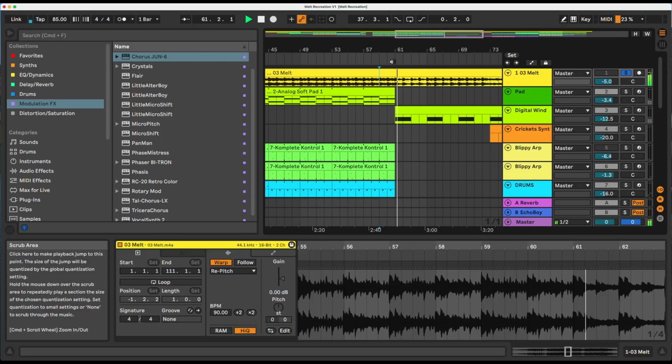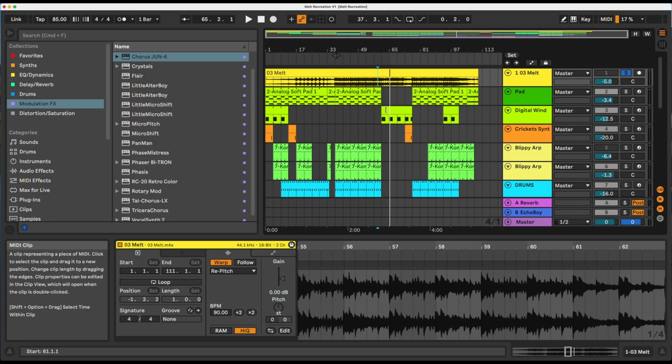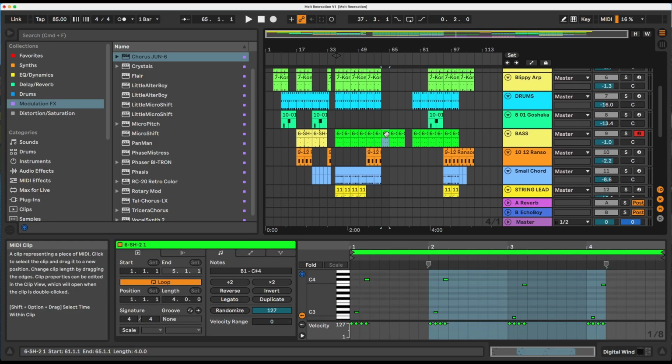So then we drop out everything, and we have a new sound coming in, this LFO sound. So let's listen to the original. Lovely. For the first time in the track, and the only time, the pad cuts out, the digital wind comes back, the bass stays in, and we get this sound. I'm quite happy with what I've got for this sound. It's not quite bang on, but this is what I got.